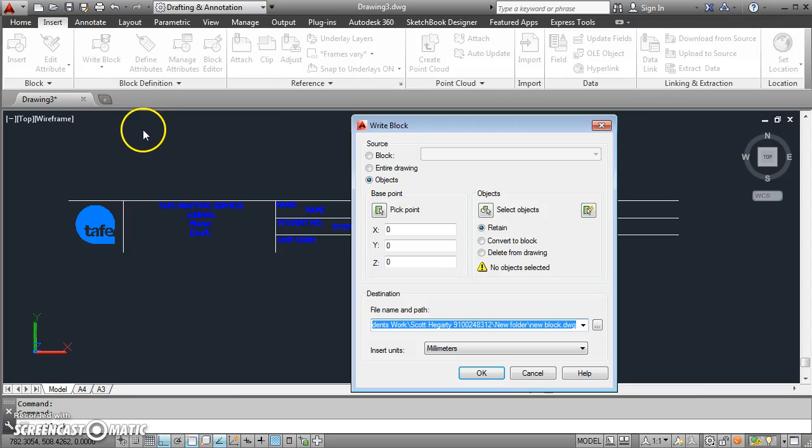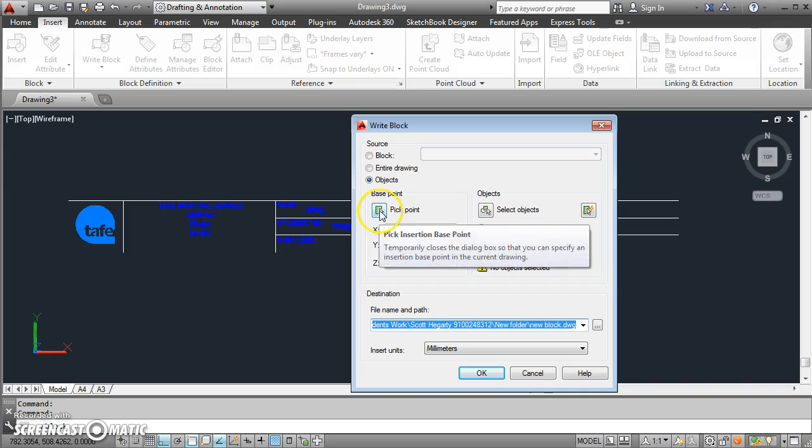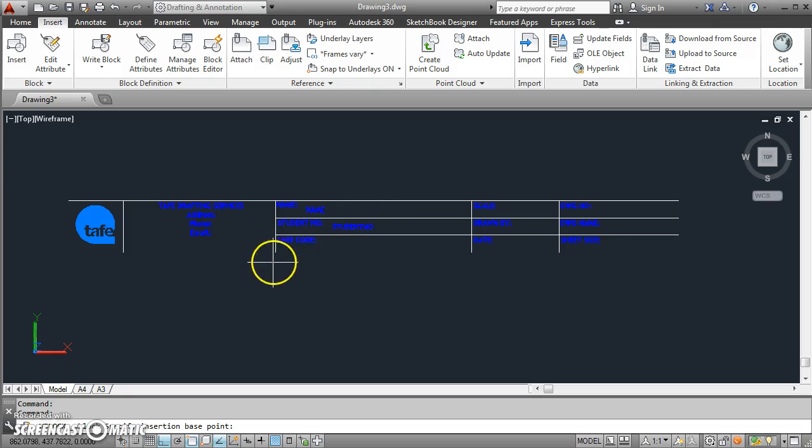So click on the write block command and then it's going to ask you to do these steps here. One is pick a point and select the objects. So I'm going to do this one first. Click there, and this is the important point that's going to help you insert this block later on into your drawing. And the important point is this little corner here,